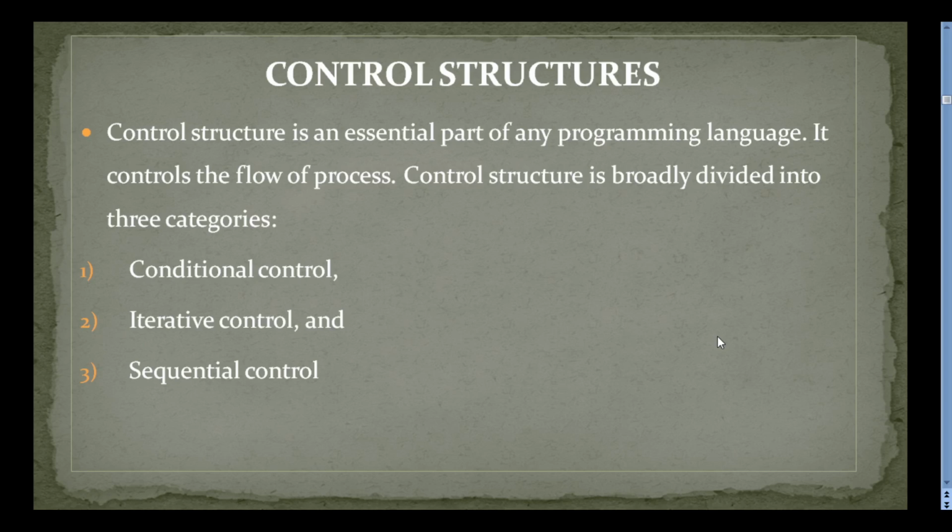But sometimes you need to execute some block of statements based on certain conditions. Sometimes you need to perform some block of statements repeatedly a number of times. That means you need to change the flow of execution. For that purpose, control structures play a very important role in programming languages. We have already learned those control structures thoroughly in C and Java.